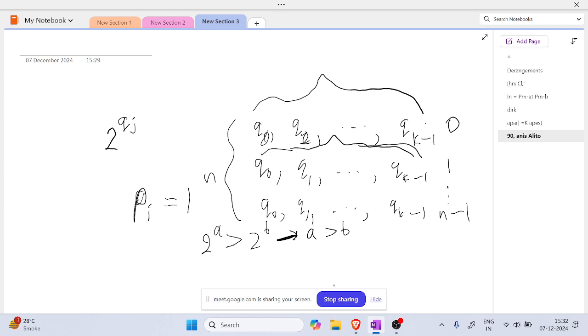the elements of that block will always appear later than the elements of the other block, even if you take the last element of that block. For example, if I take these two elements, this still appears later than this. So if qk minus 1 is greater than q0, it will still count as an inversion. So basically, for each block, I just need to count the number of blocks that appear. For example, let's say this is block b. So n minus b minus 1 times the number of elements